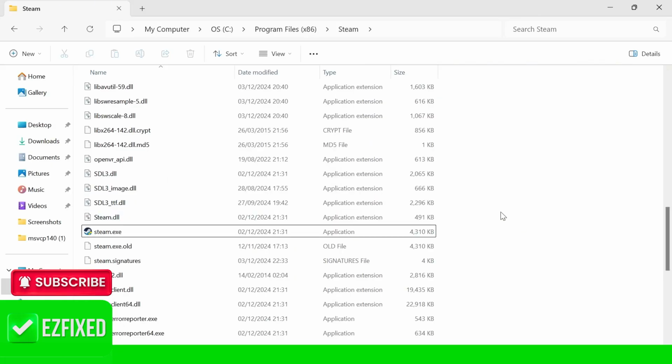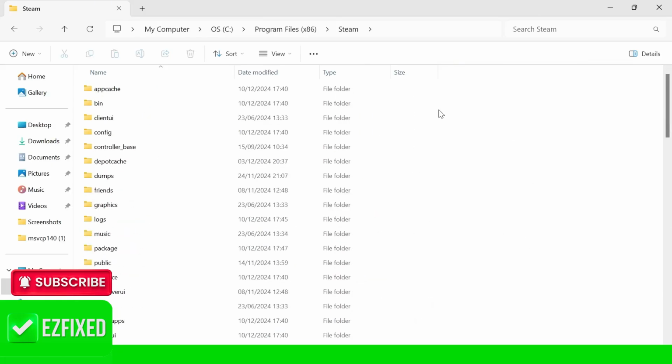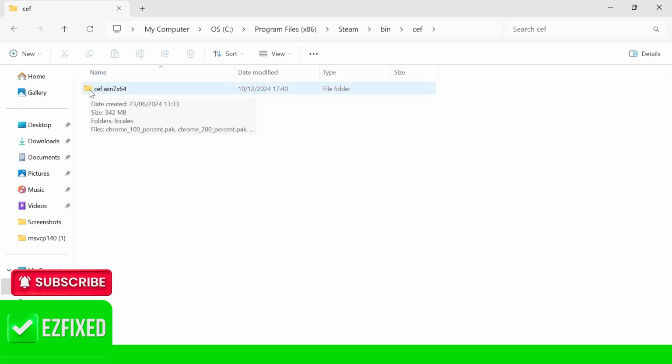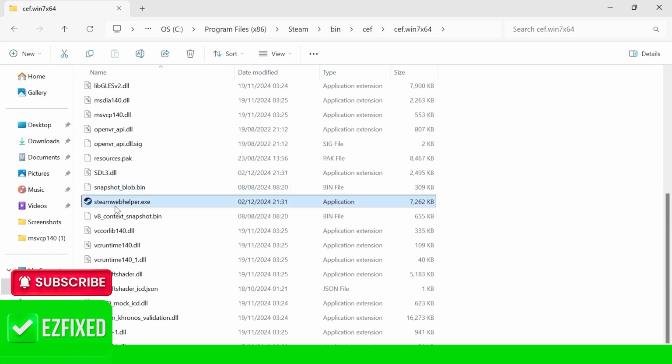If that's still not working, the last thing you can try doing is scrolling all the way to the top of this folder and double-clicking on Bin. Then double-click on the CEF folder and double-click on CEF Win7x64. Then we're going to scroll down to the bottom until you see the Steam Webhelper.exe, and you just need to